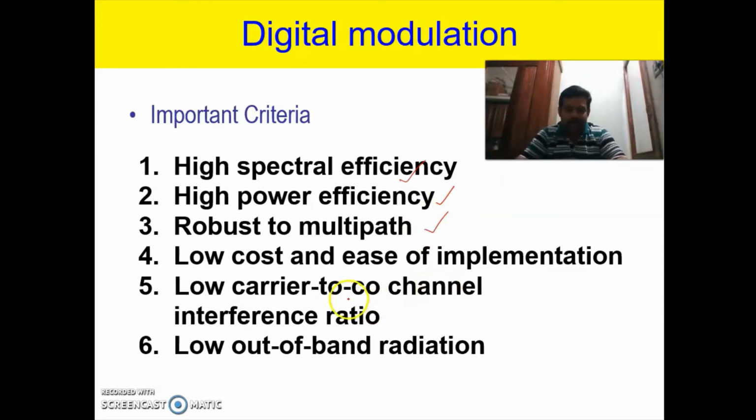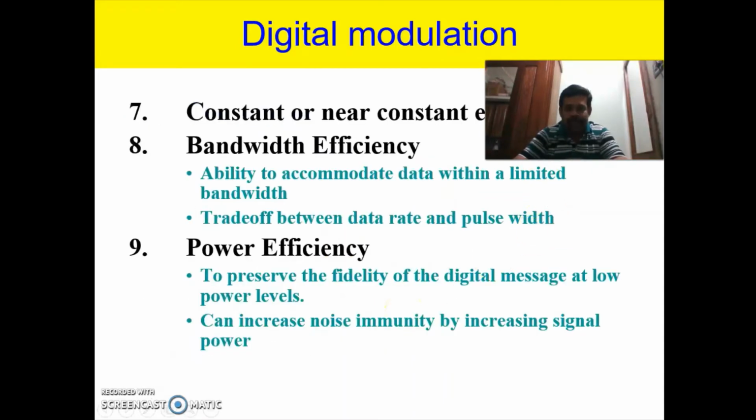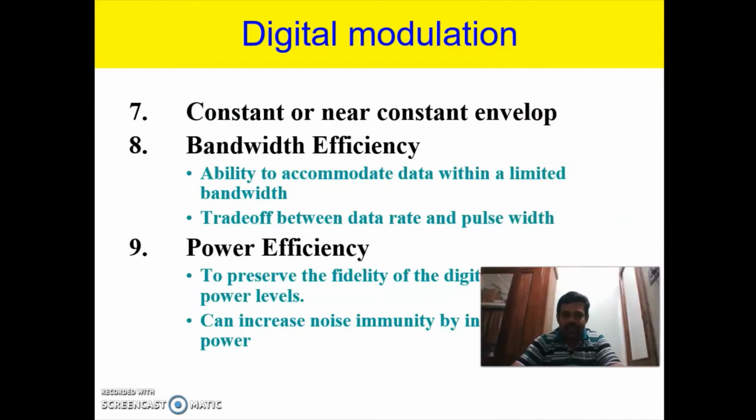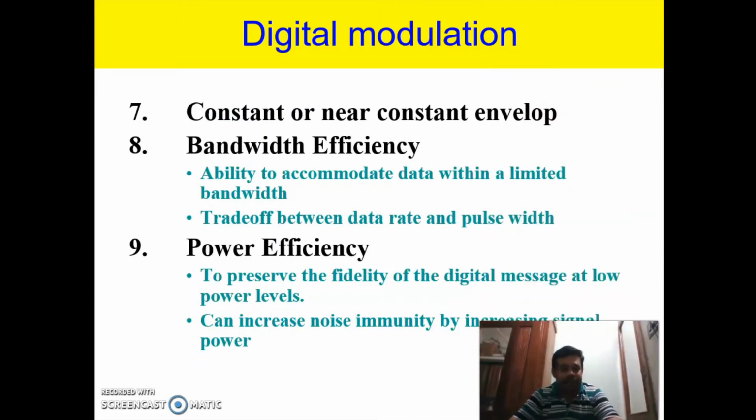It is of low cost, with low carrier to co-channel interference ratio, low out of band radiation, and a constant or near constant envelope. It has bandwidth efficiency and power efficiency. Bandwidth efficiency means the ability to accommodate data within a limited bandwidth. This bandwidth efficiency is a trade-off between data rate and pulse width.